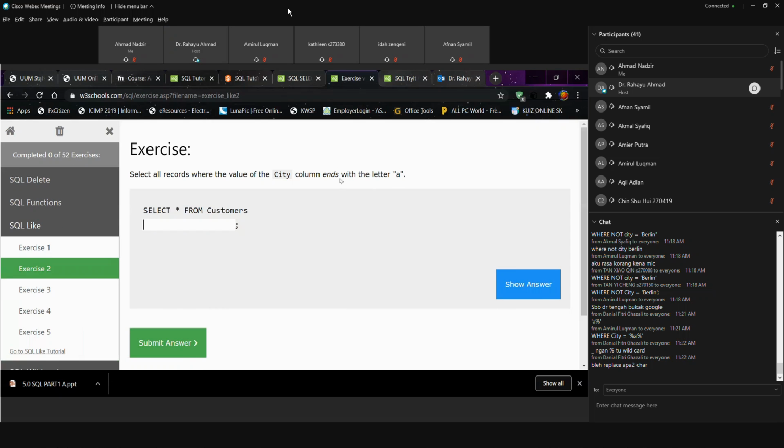Yang ni lain pula. Ends with the letter A. Okay, cuba try buat. Select all records where the value of the city column ends. Tadi bermula, sekarang berakhir. Okay, tengok soalan betul-betul. Where city like